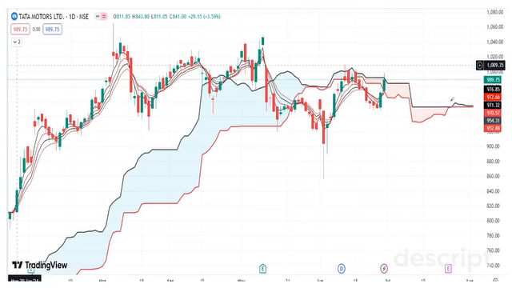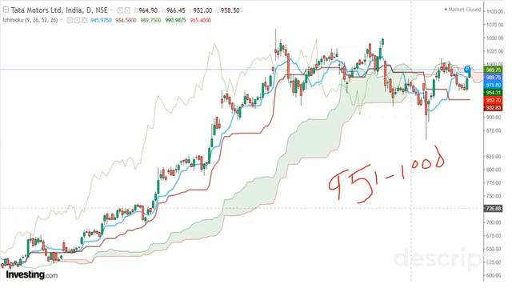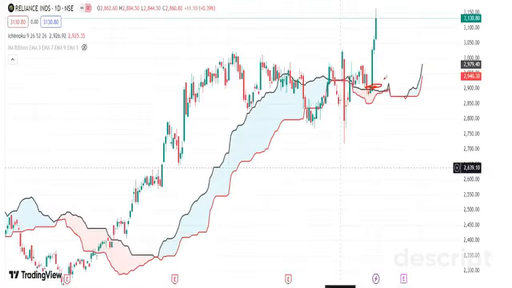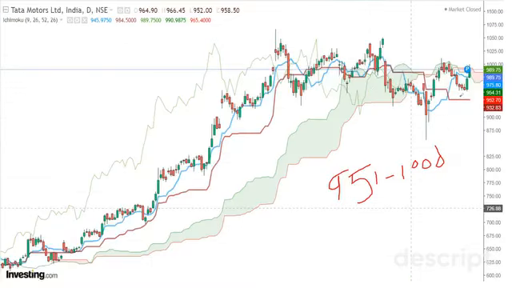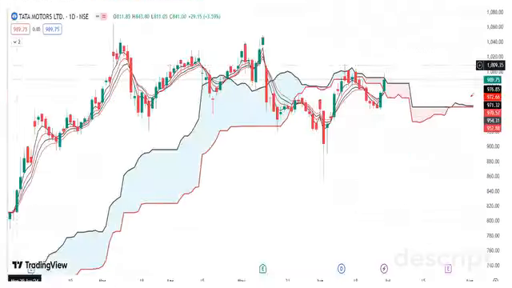Now slowly we're improvising the indicator. If you do the same thing in Tata Motors, you can find there is an EMA crossover, and then we have support and resistance over here. So this now will act as a resistance. Now let us see what the indicator says, then we'll understand. What I was trying to show you is that this indicator works in trending markets. It gave a potential breakout in Reliance, number one. It gave us some sort of support and resistance in Nifty and Bank Nifty. This can be used in scalping also. Yes, you heard it right.